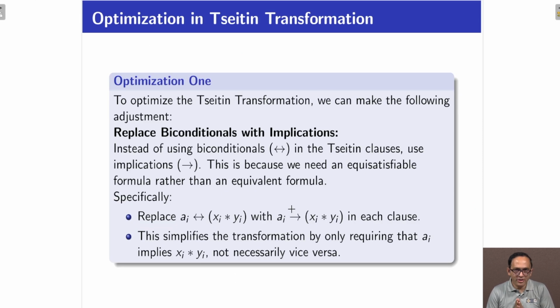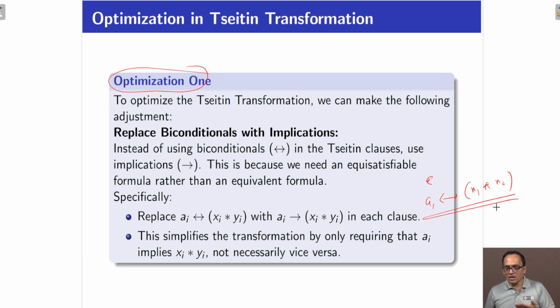Okay. But the primary objective of today's class is to show you what further optimization I can do over the normal Tseitin transformation. Okay. So, the first optimization says that in general what we do is write a clause like A1 bi-implication x1 star x2, where star is whatever the operator is. So, this is the general kind of clause that we add for each operator in the Tseitin transformation. What this optimization says is that if I just add A1 implication x1 star x2, that is also fine,